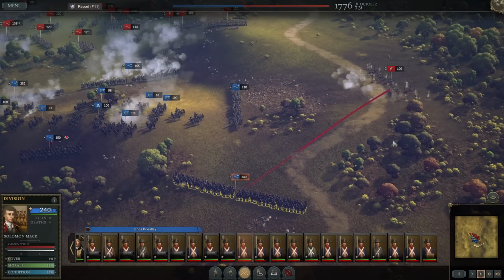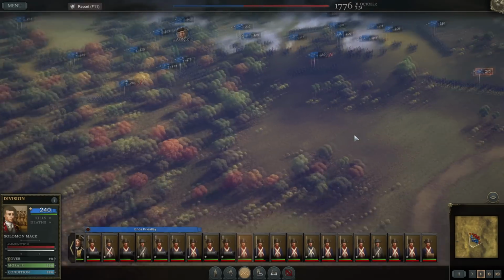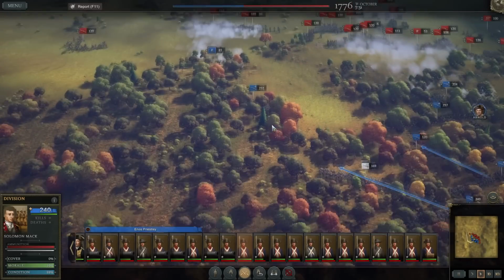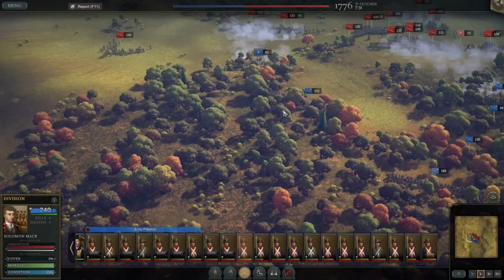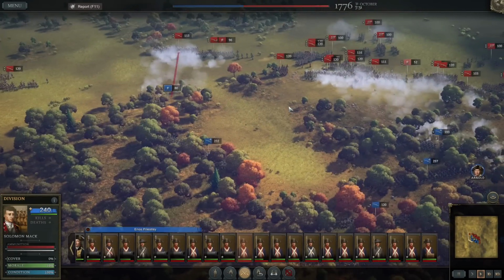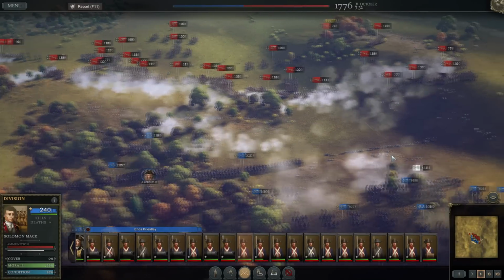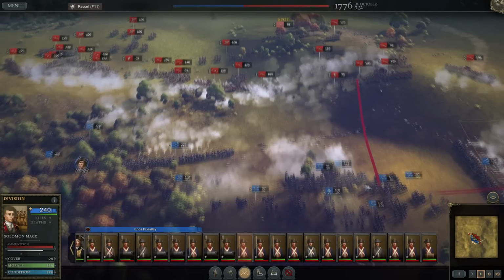There are some enemy skirmishers over here, so let's go ahead and deal with them. Try and get them pushed back. Skirmishers are a nuisance. Alright, they're engaging our skirmishers with a few more men now here on the left. A lot of their troops are in the open, then again, so are ours, but...